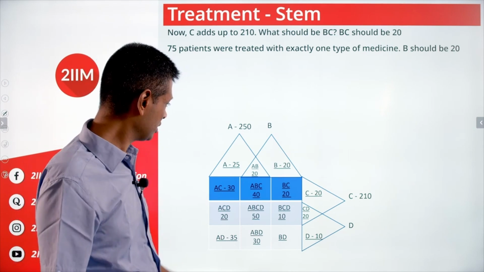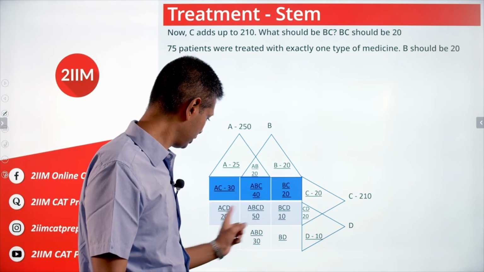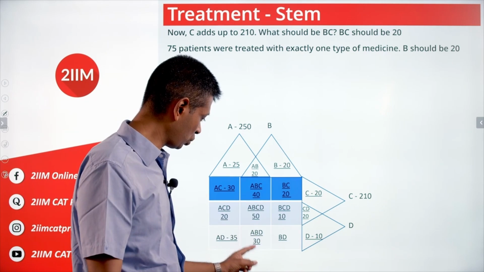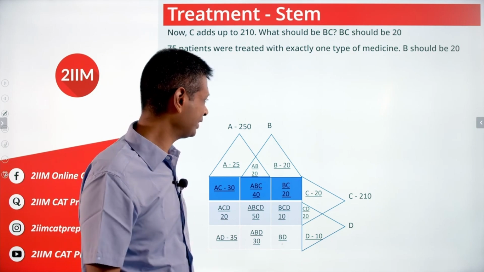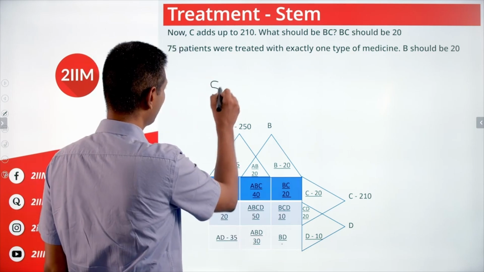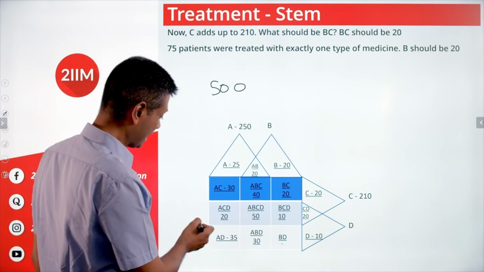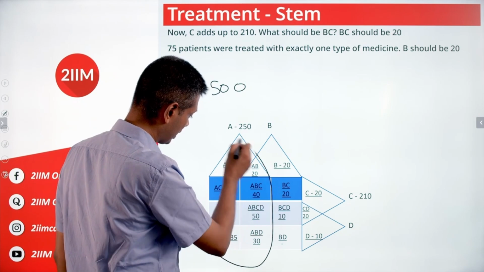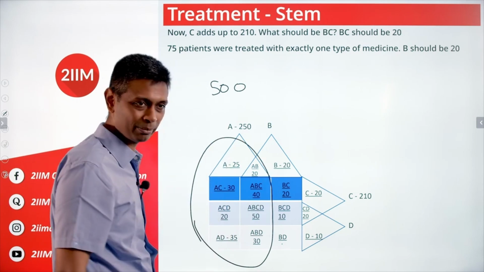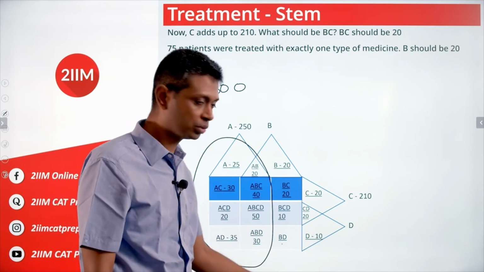Almost everything that we need. So these 3 are filled, these 3 are filled, these 3 are filled, these 3 are filled, these 2 are filled, only this is missing. How do we find that? Overall, everything put together adds up to 500. Do the math. A totally adds up to 250. Keep that in the bag. So the remaining should add up to 250.